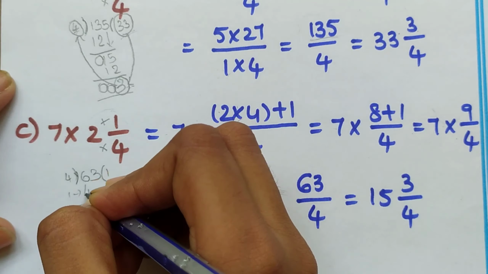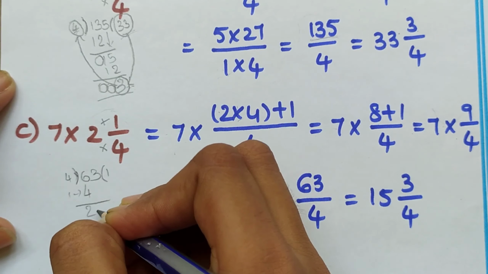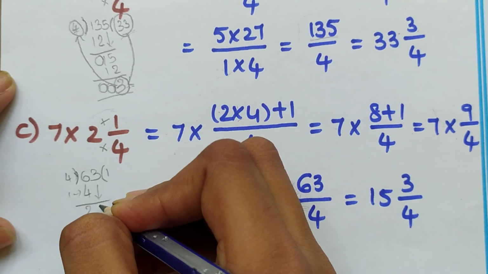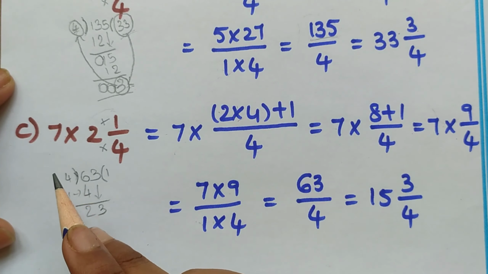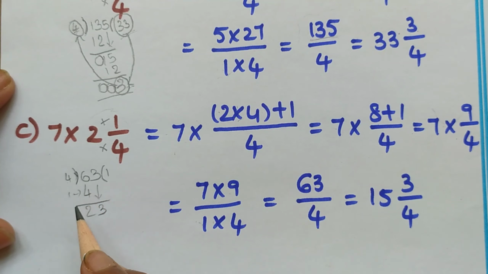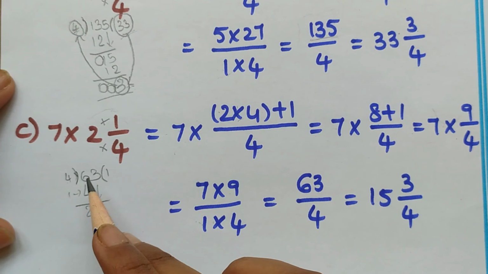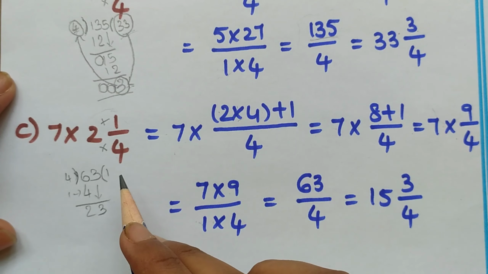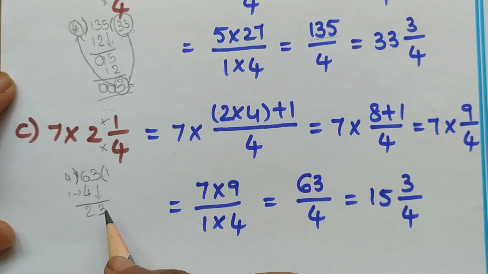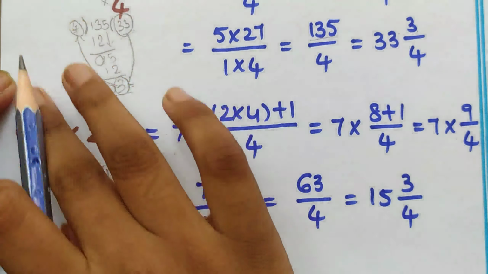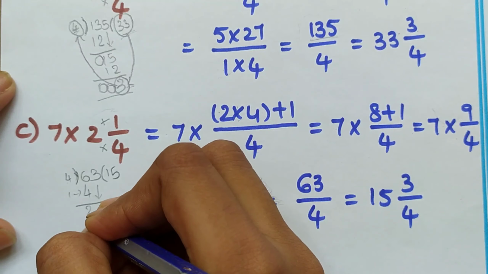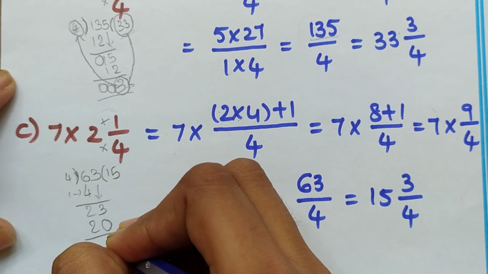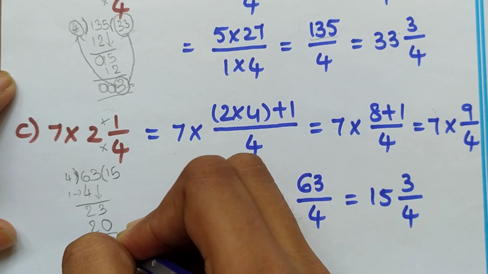Subtraction. 6 minus 4 is 2. And let us drop 3, or get down 3. So 4 5s are 20 and 4 6s are 24. Yes, 24 is greater than 23. So let us take 4 5s, which are 20, and the remainder is 3.